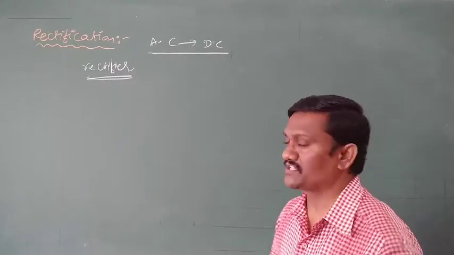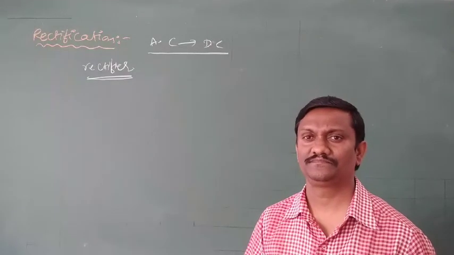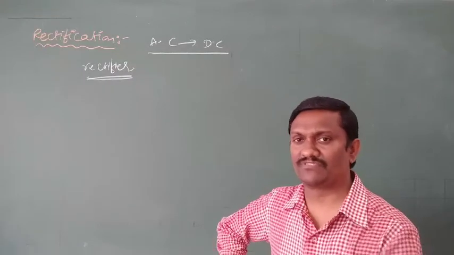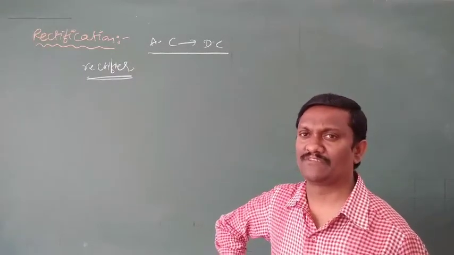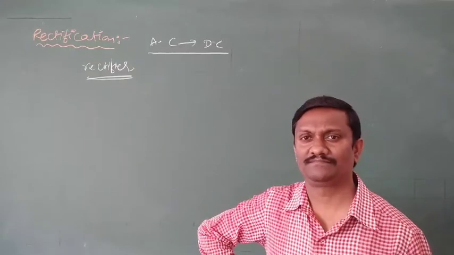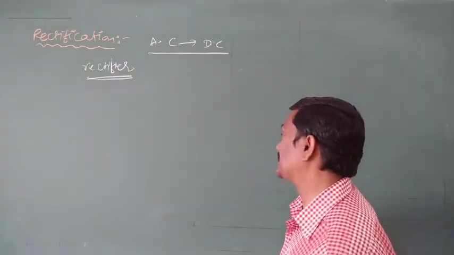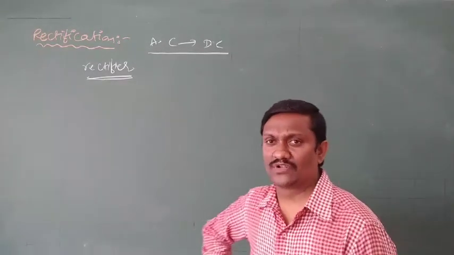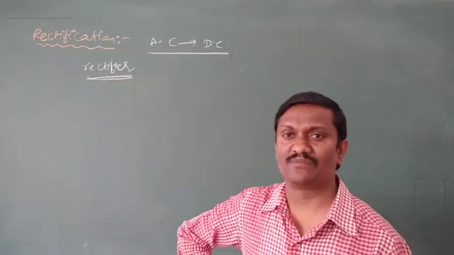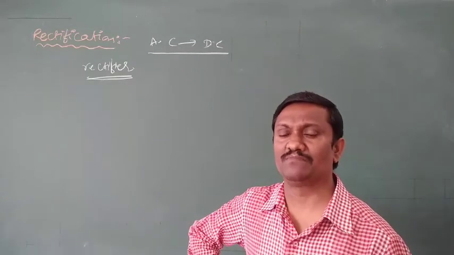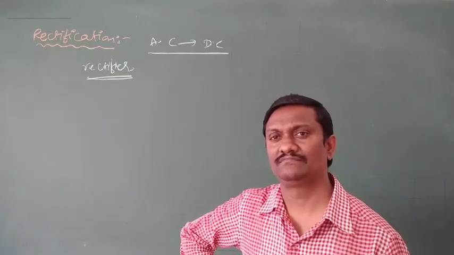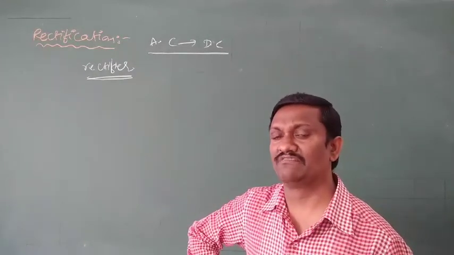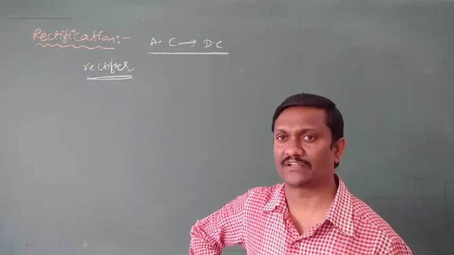First of all, what is the difference between AC and DC? AC means alternating current coming from poles. Stored current is always direct current. We are unable to store AC in the same form. If you want to store AC, we should compulsorily convert AC into DC. So the process of conversion of AC into DC is called rectification, and that device is called a rectifier circuit.